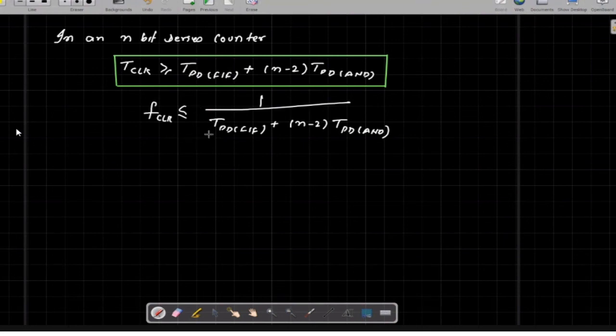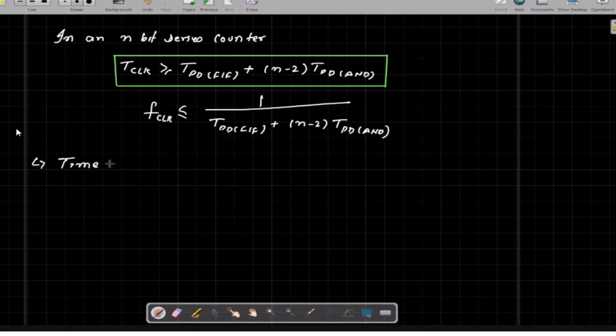with the TPD. We do not have the product term associated with this, but only the (n-2) product term, which has been introduced with the two additional AND gates. So we can say that the dependency on propagation delay has been reduced in this case. So let me write in this way that